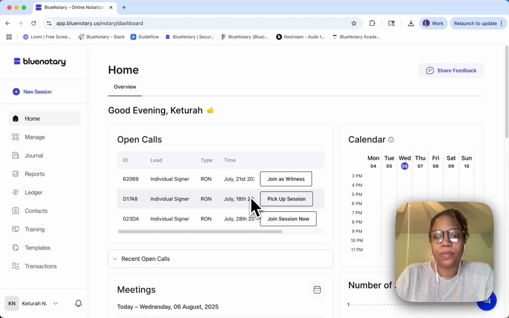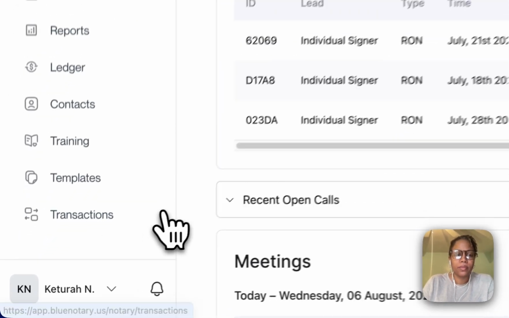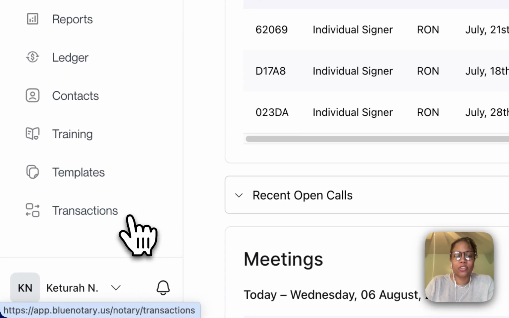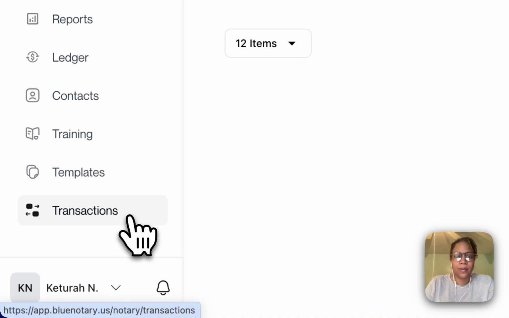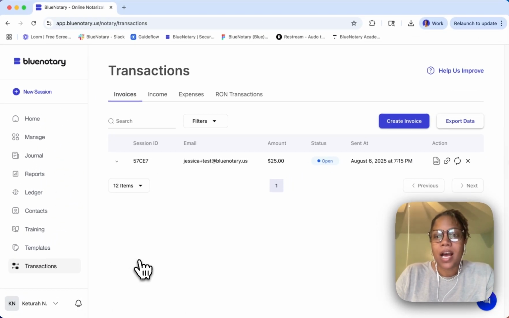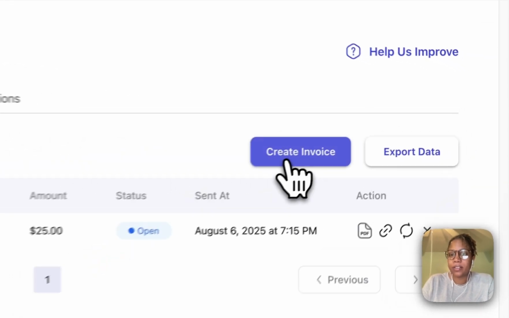So here on our home screen, we're going to go to this left window here, and we're going to pick Transactions. And so here I have the option to look at an invoice and create an invoice. Right now I'd like to create an invoice. So I'm going to go here to this button